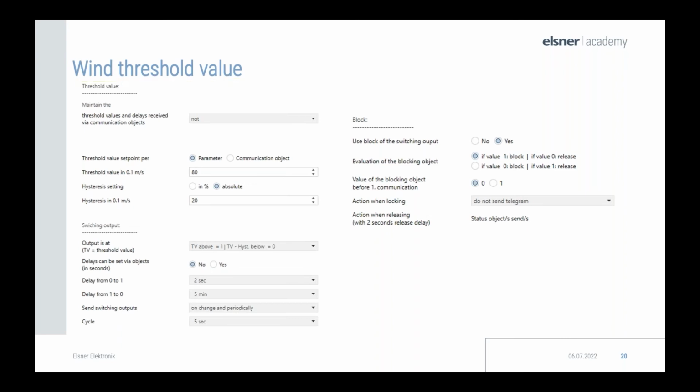We have already discussed the first point. The threshold values received via the communication object should be retained, in the case of the wind direction threshold value. The wind threshold value can be specified via the parameters, fixed values in the application, or via a communication object, for example, for a visualization.